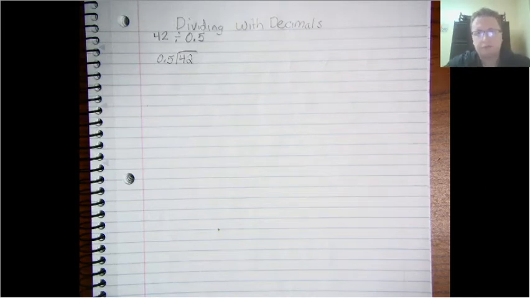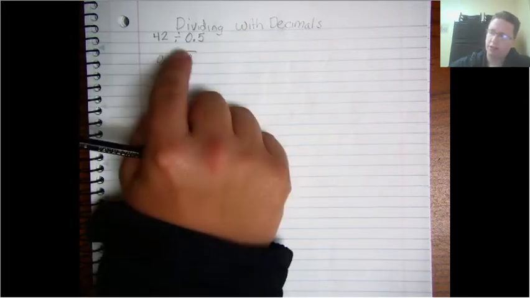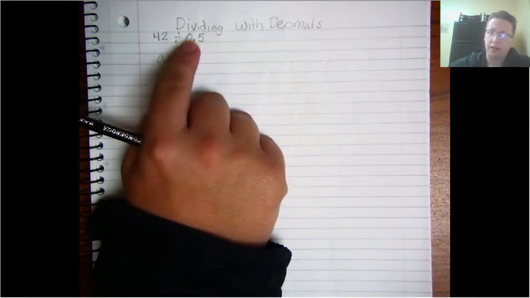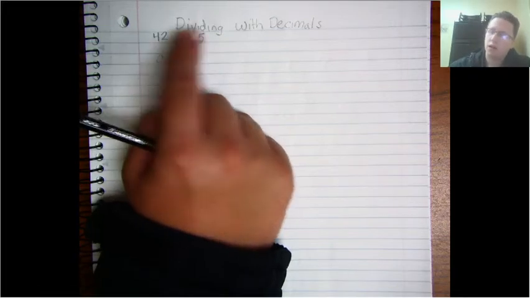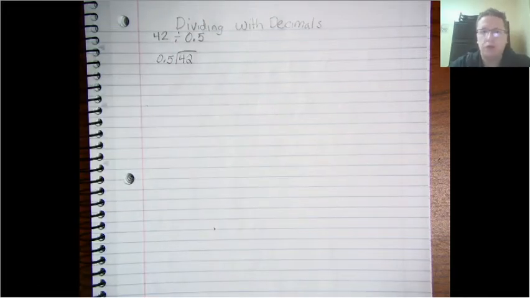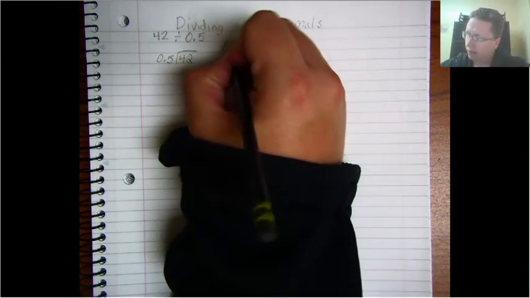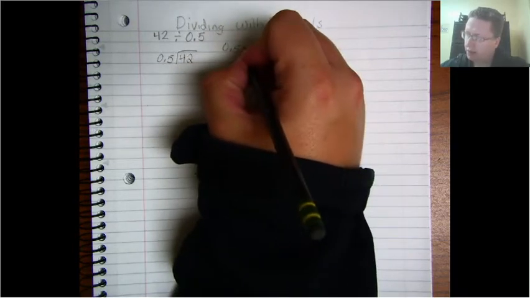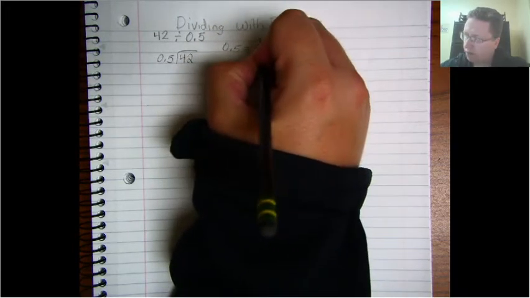Now, remember, division just means how many times something goes into something else. So how many times does 1/2, 0.5, or 5/10 go into 42? To solve it, we're just going to do our division. Part of our issue here is that you can't divide by a decimal, because this 0.5, this 5/10, is equal to 1/2, and